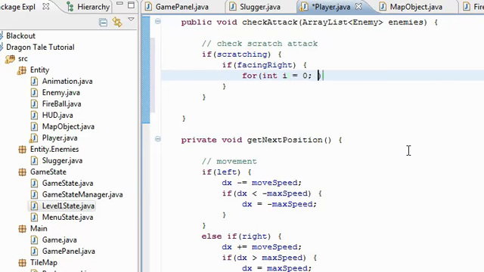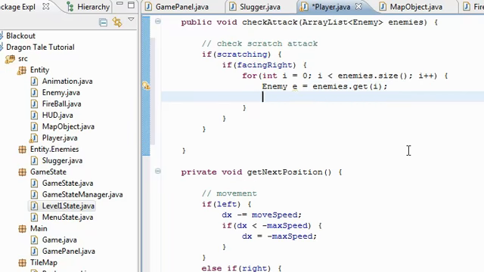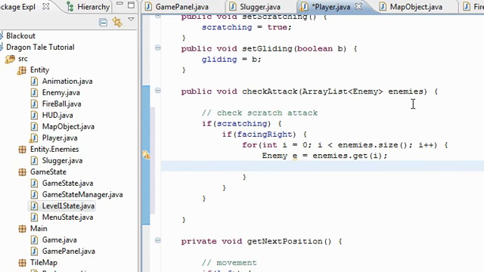So first we have to go through all of the enemies. For i equals 0, i less than enemies.size, i plus plus. Let's get that enemy, e. And we have to find out whether or not the enemy is within the attack range, scratch attack range, and we can do that with e.getX greater than x, and since it's to the right, if the enemy is to the right of us,